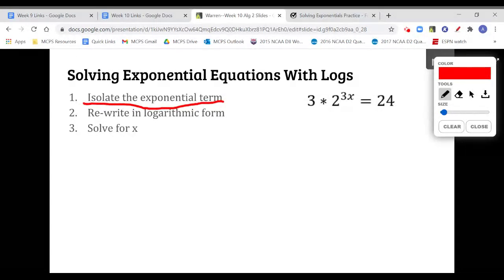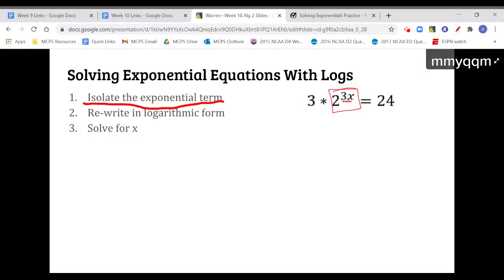So what does that mean? Well, take the part with the exponent. You see the exponent right here. The exponential term is just the base and the exponent, so 2 to the 3x. I want to isolate that or get it on a side of the equation all by itself. So I'm going to perform different operations to get that all by itself. And how that's going to start